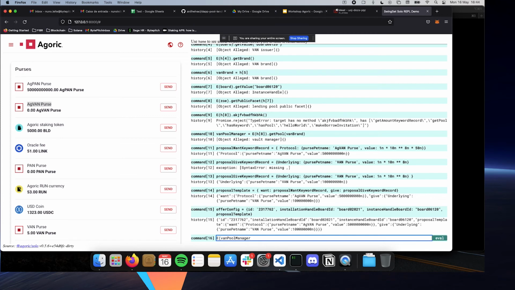And remember that the smart contract's public facet actually exposes a method to the pool manager, to make the deposit invitation. So we just need to call it. And of course, since the only thing you want is to assign the invitation to the offer, you can just attach a then. You're familiar with the syntax, right? So